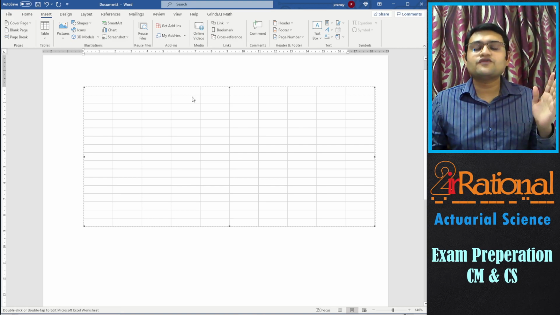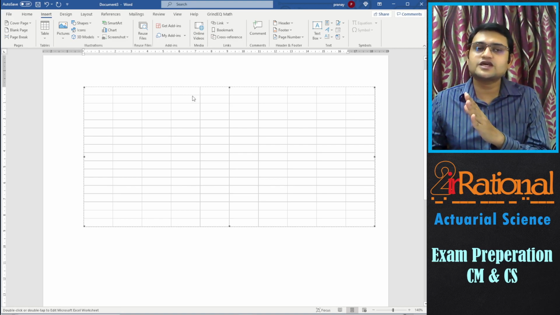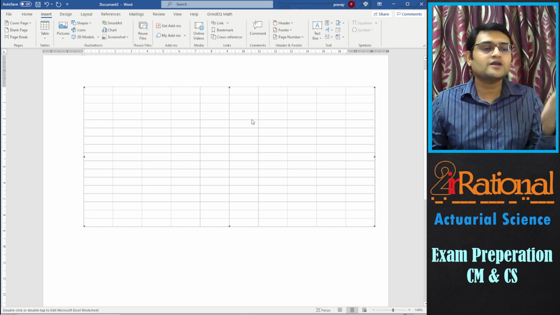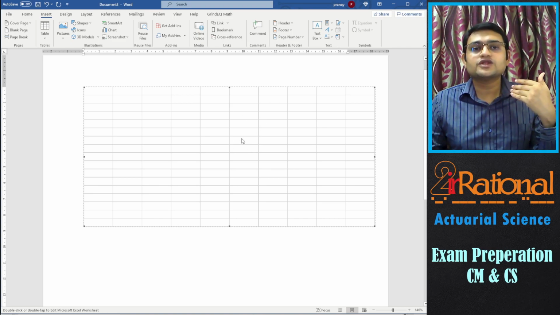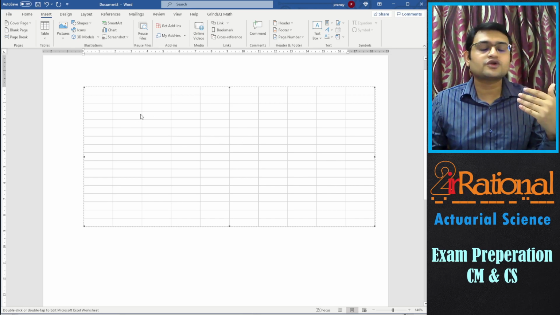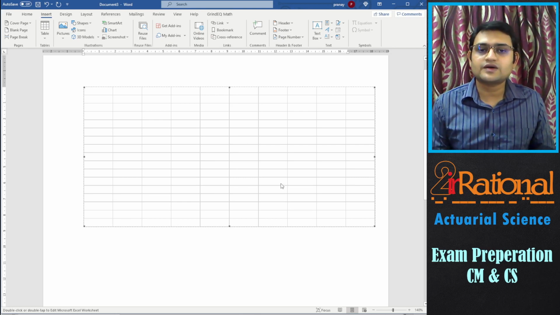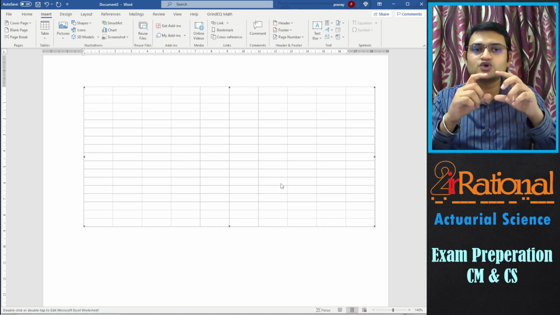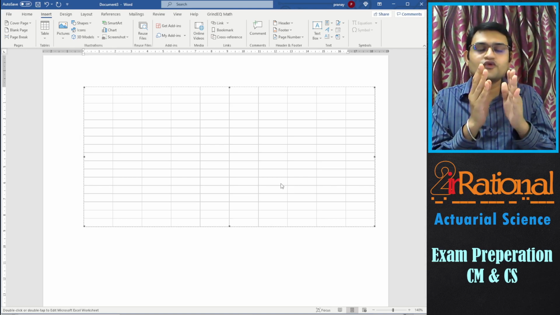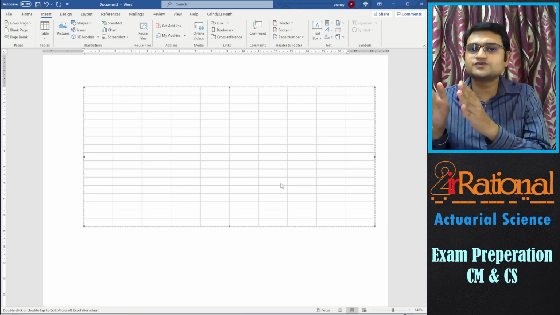You can definitely solve in an Excel file and then copy and paste it here, but then you will have to specify what are the different functions or the formulas you have used for each of the columns. Like in the profit testing questions, many times in the solution they write that column 2 was column 1 into this much or something like that.